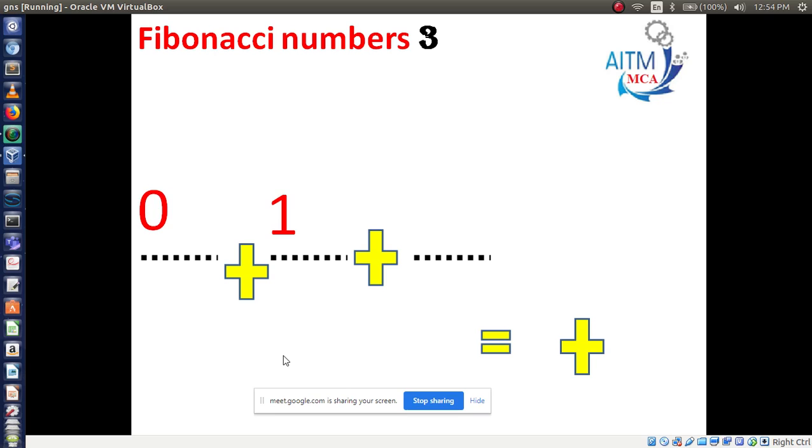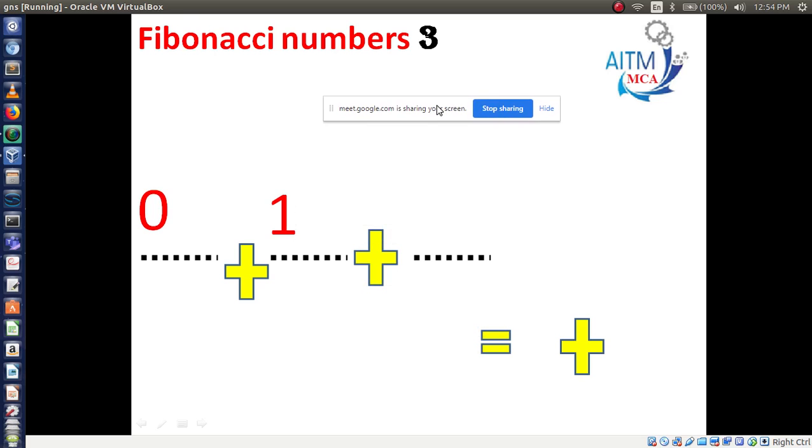Will you generate the third number with the help of adding the previous 2 numbers? So what will the third number be? 0 plus 1 means 1. So this 0 I can name variable f1, this 1 I can name variable f2, and the third number I want to generate I can name variable f3.